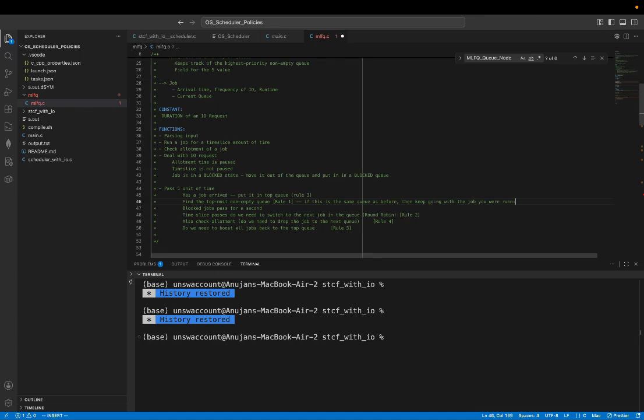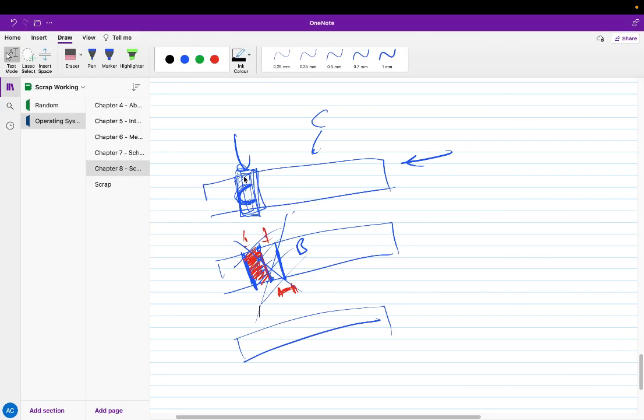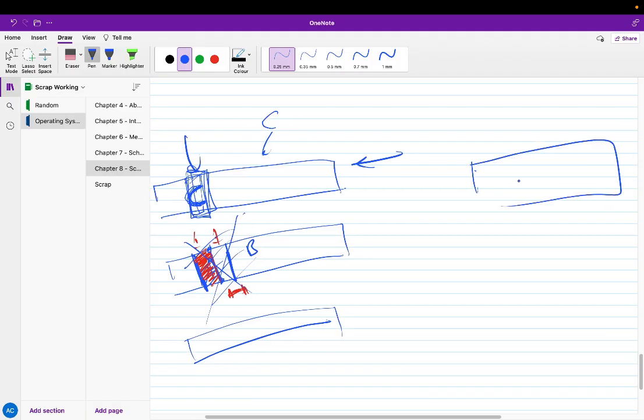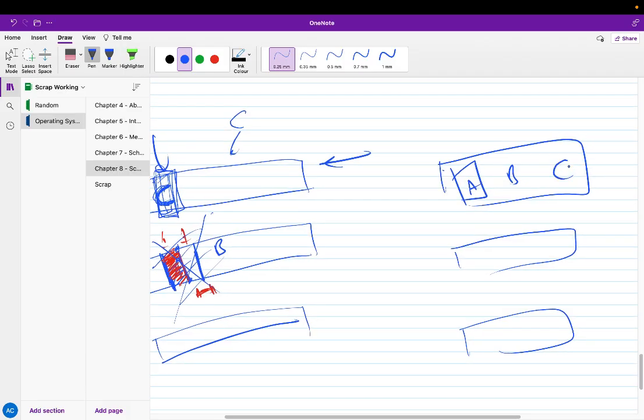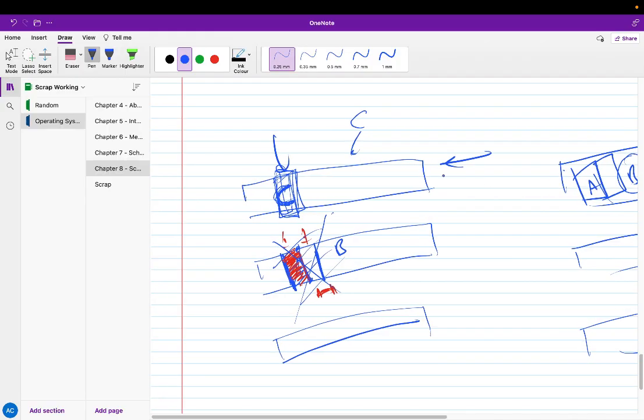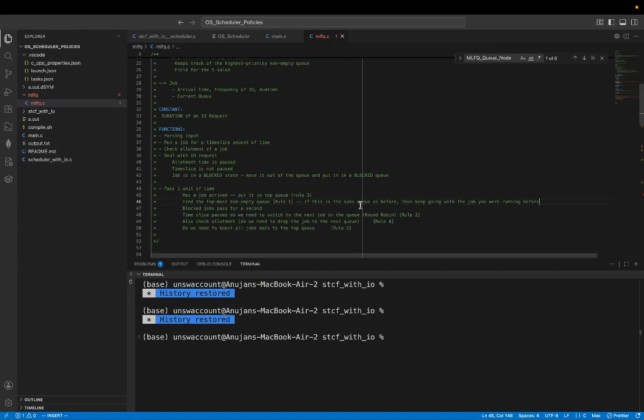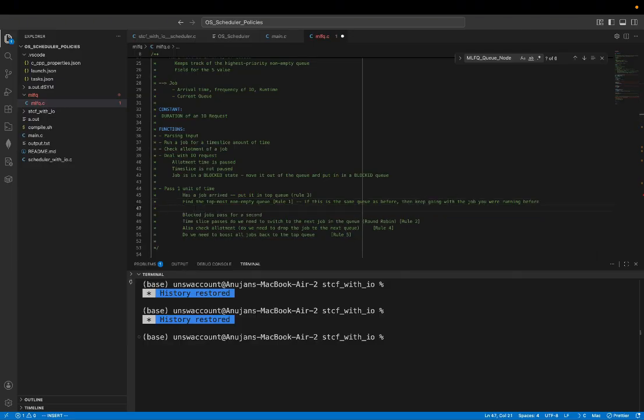you were running before. Like, for example, if we have A, B at the topmost queue, and then you have other queues here and here, and A is running, and then C arrives, then just keep working with A until it's done, then go to B, round robin, then go to C, time slice, time slice, time slice. But if we're in this other case, so if it's in the same queue as before, then keep going with the job you're running before. However, if